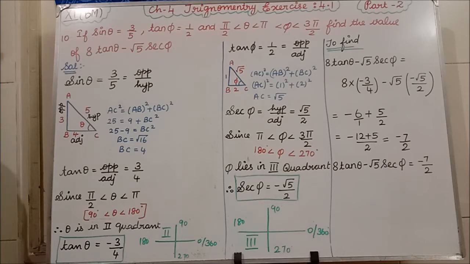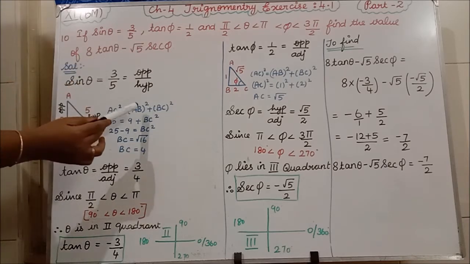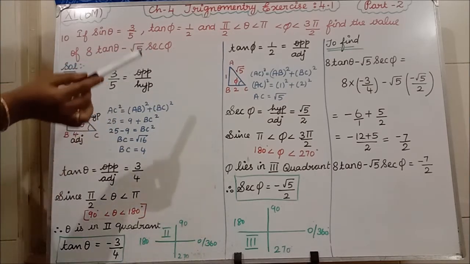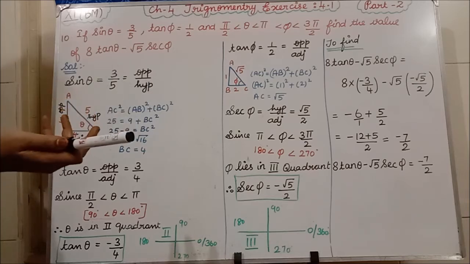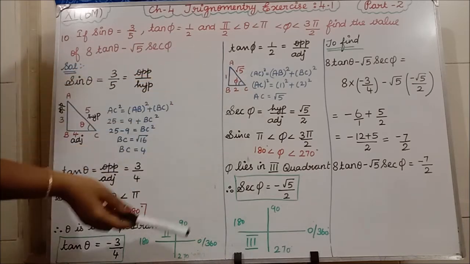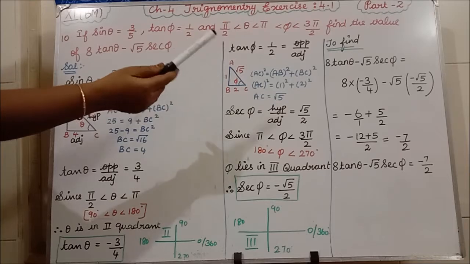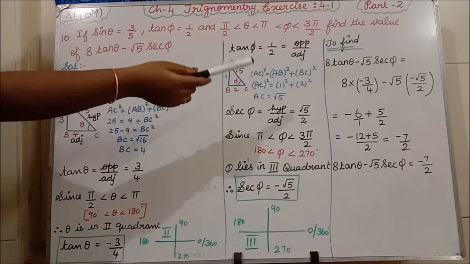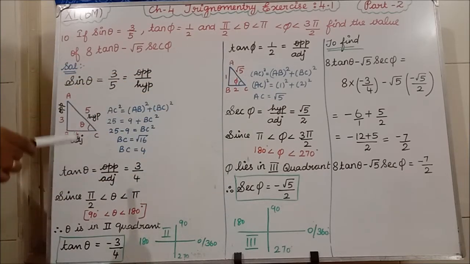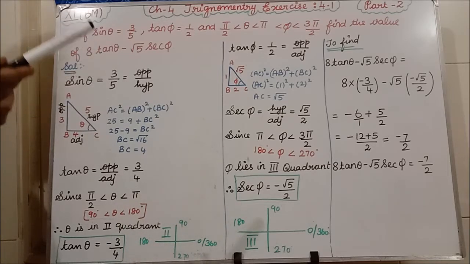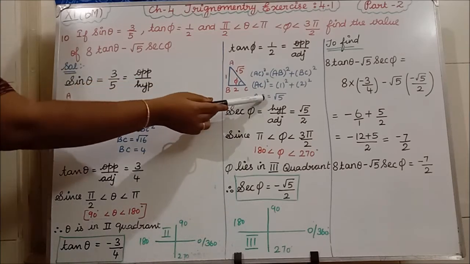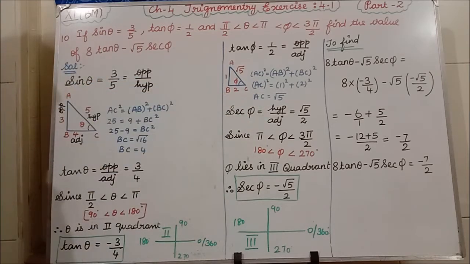Clear? Now, AC squared equals the same, AB squared plus BC squared. AC, the hypotenuse side, is the only thing we don't know there. So you write AC. AB means 1 squared. BC means 2 squared. So 1 squared plus 2 squared is what? 1 plus 4. 1 plus 4 is what? 5. For 5, if you take the square root we will get AC equal to root 5, we are writing.